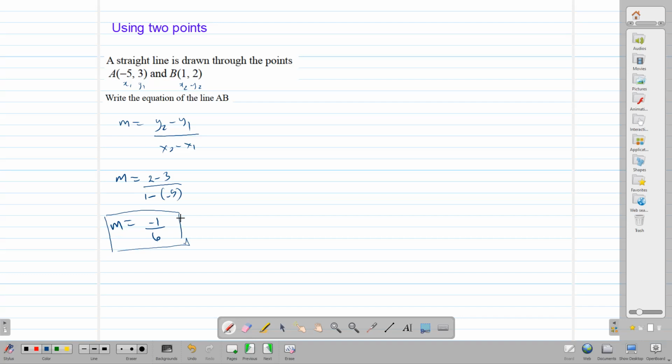Now that we have our gradient, we can use either of these 2 points to write down the equation of the line. Using the formula, y - y1 = m(x - x1), we can use either this point A or this point B to find our answer. Any one of them will give you the answer, and I'm going to do it with both just to show you. So if we use the point